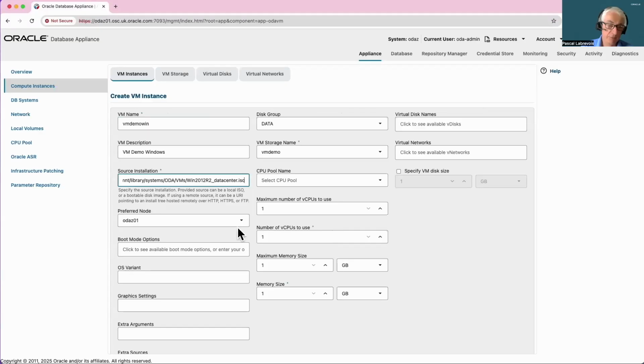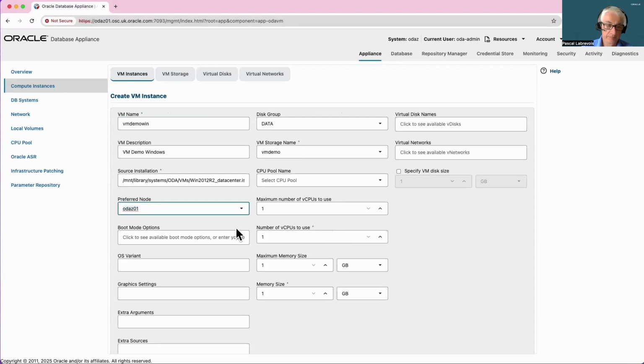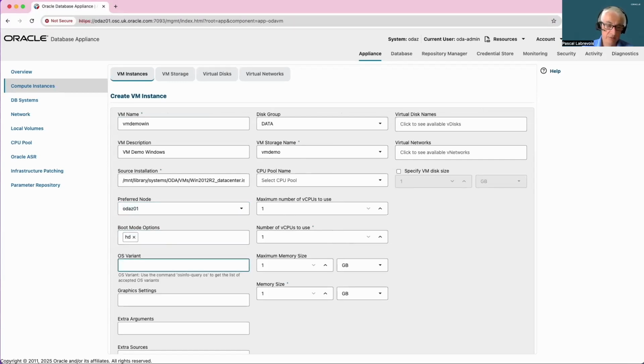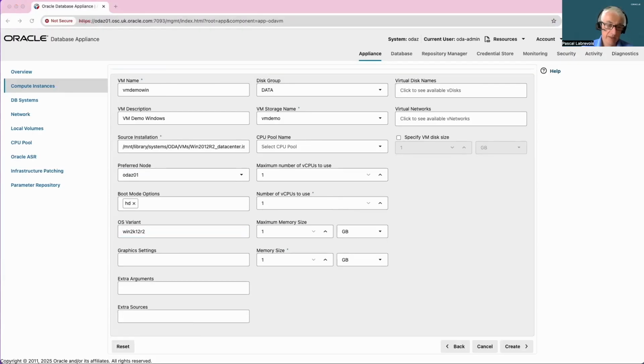I specify an ISO file for the Windows installation. The preferred node, I will change the operating system type to be Windows 2K. And most importantly, I will specify an extra ISO file that includes the IO drivers to perform the installation. I specify the disk group to select the VM storage, the CPU pool, select the same one.